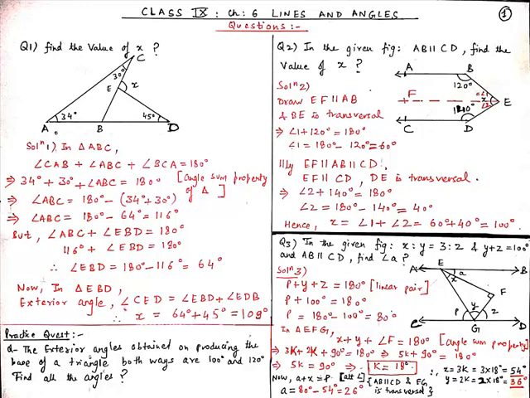And now since AB is parallel to CD, where EG is the transversal, angle BEG will be equal to angle CGE by alternate angles. They are equal. Therefore, students, A plus X will be equal to P. So from here the value of A will be equal to P minus X, and P is equal to 80 degrees. Therefore 80 degrees minus 54 degrees will be equal to 26 degrees. Therefore, students, the value of A will be equal to 26 degrees.